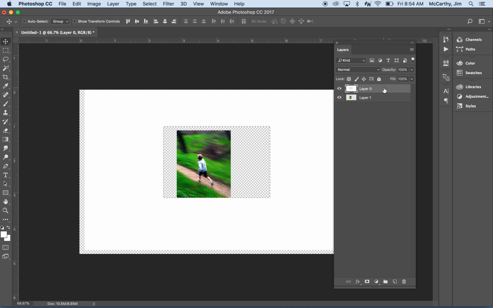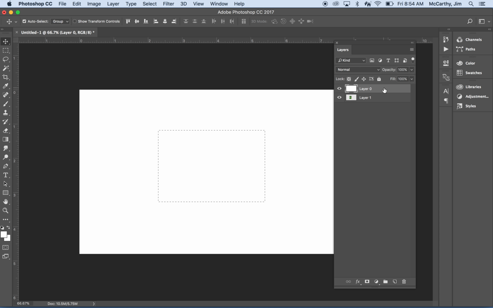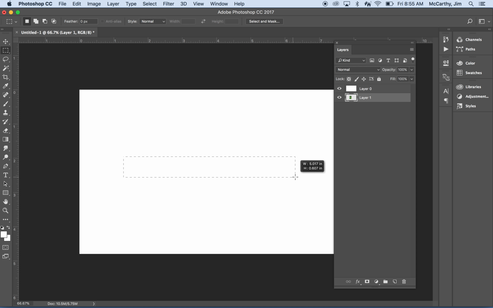Okay, so I'm going to do Command Z and put things back. Actually, Command Z only steps back once, so if I press Command Option Z, I can do multiple steps back. Okay, so now I'm back to the beginning. Look what happens if I select layer 1 and I do something similar. Okay, so I'm going to draw a square. I'm going to hit delete on my keyboard, and notice nothing happens to layer 0. The reason nothing happens to layer 0 is because I have layer 1 selected. Now if I